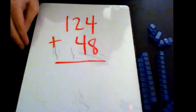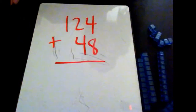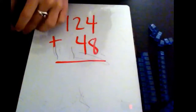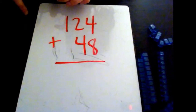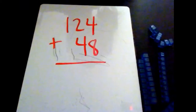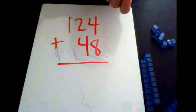Okay, so since we already know that this equals 110, we're gonna trade 10 of these ones and make it a 10. So let's count out 10. 1, 2, 3, 4, 5, 6, 7, 8, 9, 10. So all of these are equal to one of these. So now,